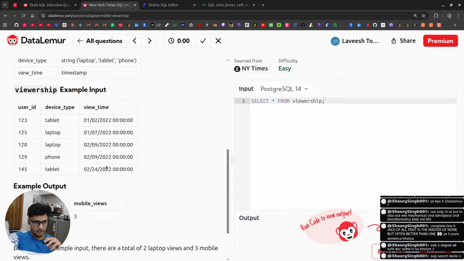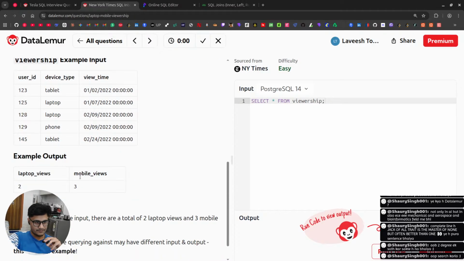लैपटॉप, लैपटॉप यूजर आईडी, मोबाइल व्यूज। आप सर्च कर लो, सर्च ही कर लेते हैं।